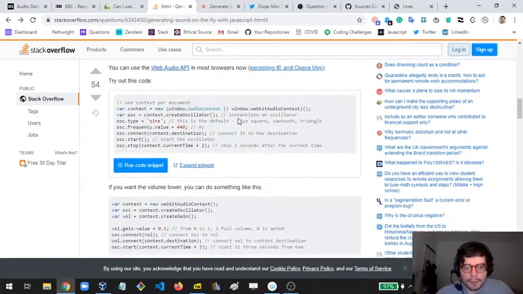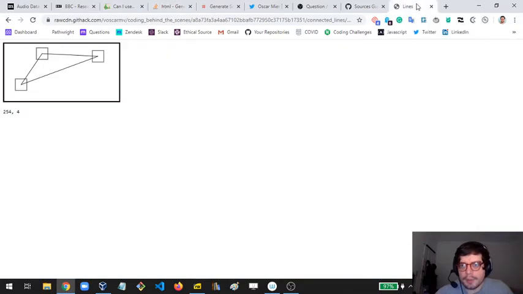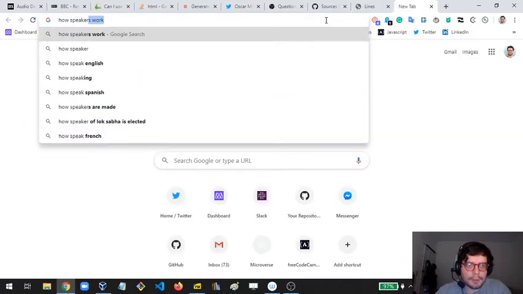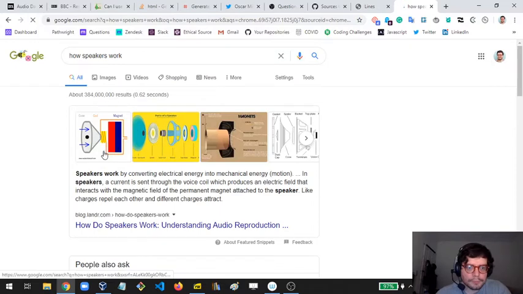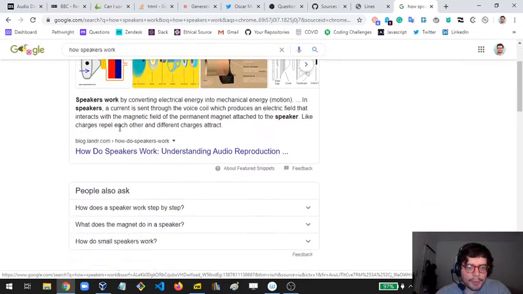The way that works is by using voltage values to increase and decrease the position of the diaphragm in a speaker. There has to be a video online somewhere to explain that. I think it may not be so obvious if you're not familiar with the physics of all this stuff, but the point here is